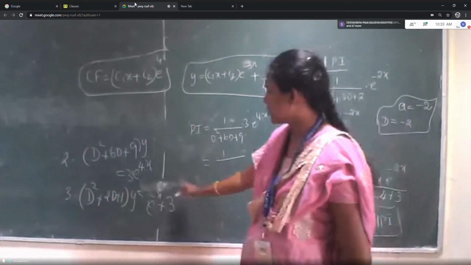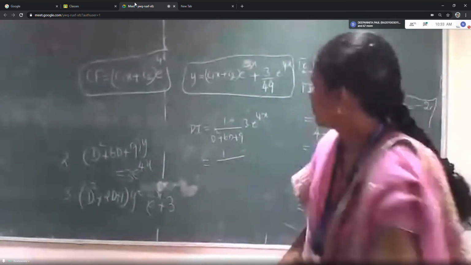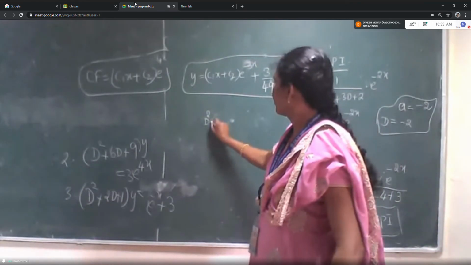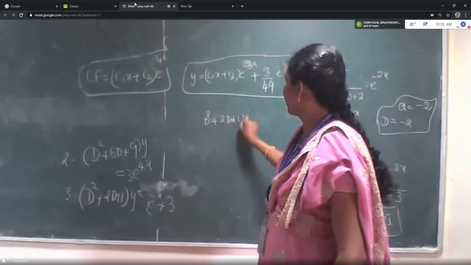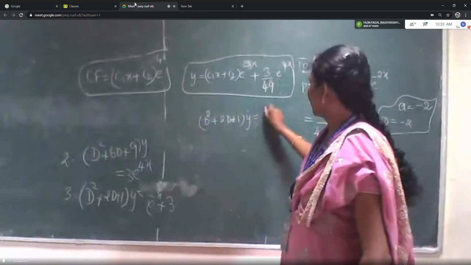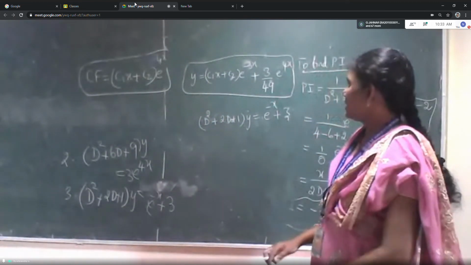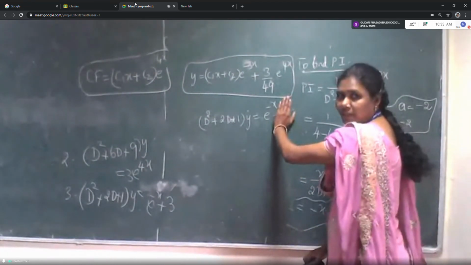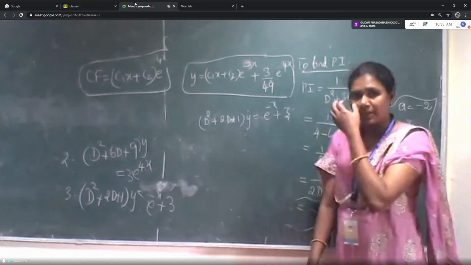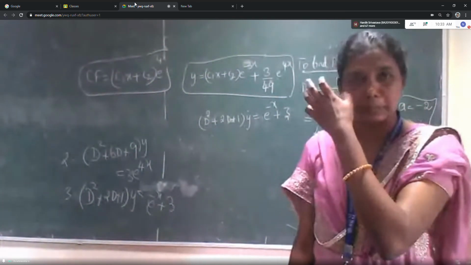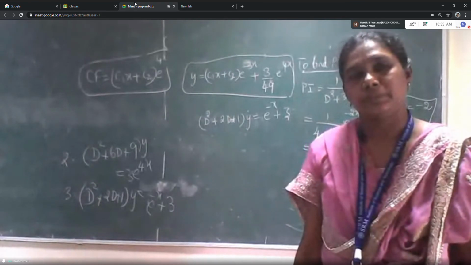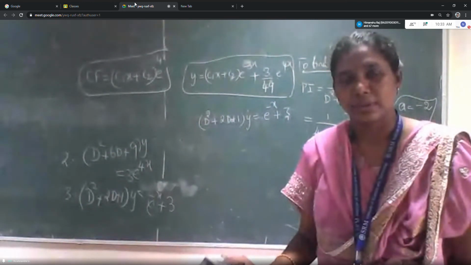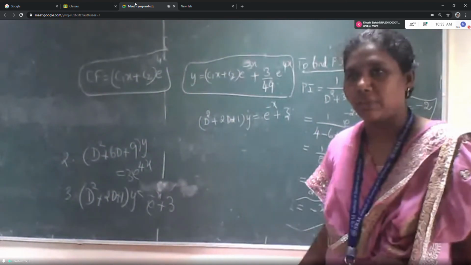Okay. Next you start to solve the third question. See, guys, we know that e to the power minus x, okay, this is okay. Here we can take a equal to minus 1. For this 3, a separate value is there. How can we solve the second term? We know the procedure only for e to the power ax. But here we are having 3. What do we have to do?